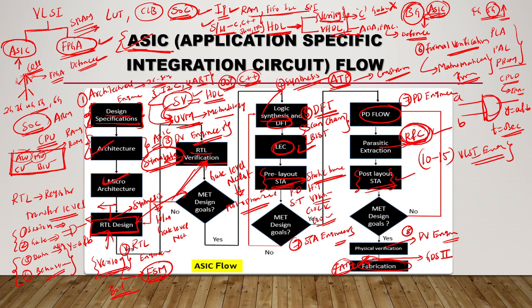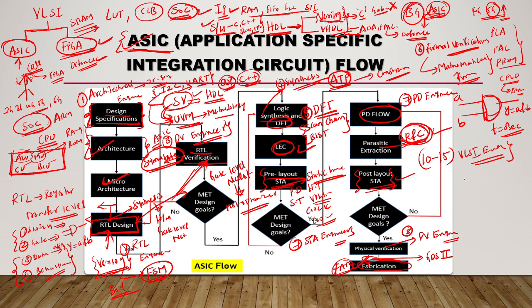Yeah. Why this VLSI, this ASIC design flow? Why is it going through all these steps? Can anyone unmute yourself and say? To reduce the failure of chip. Yeah, to reduce the failure of chip. Okay, correct. So that means rigorous verification and designing process is being carried out, and rigorous testing is being carried out.